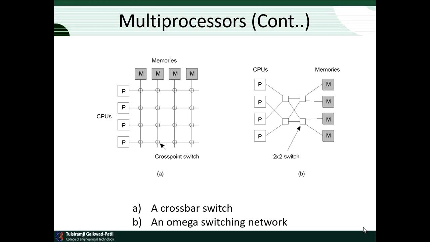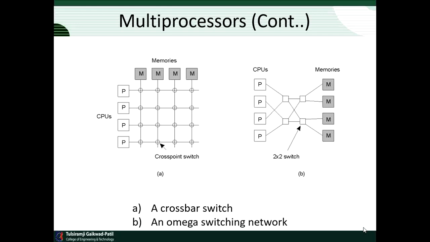It means all the processes can use this shared memory, which are individual shared memories available at the cross point switch, and it is available for all the processes. It means one process can use all the memories which are available in the network, and then we can see the switch cross switching process, the switching memory technique to share the memory with the processes.